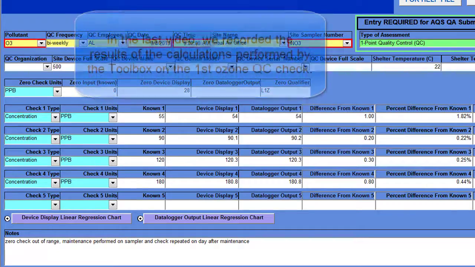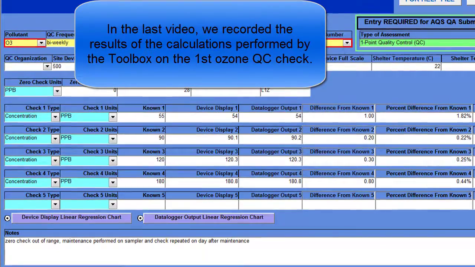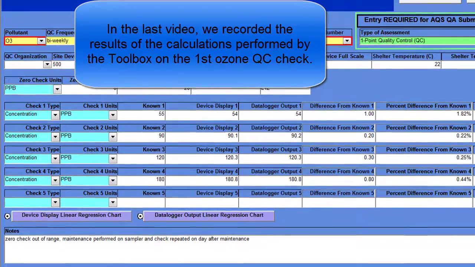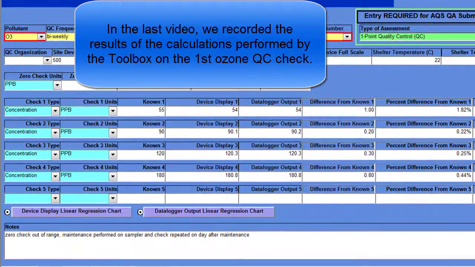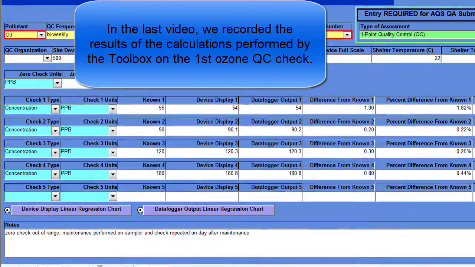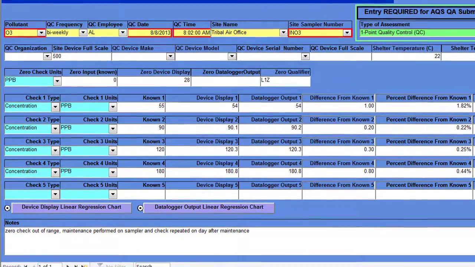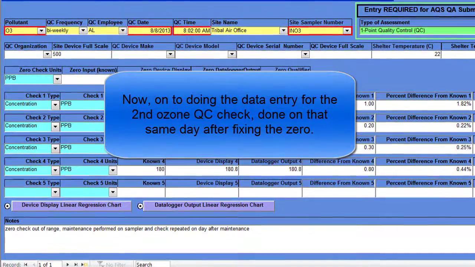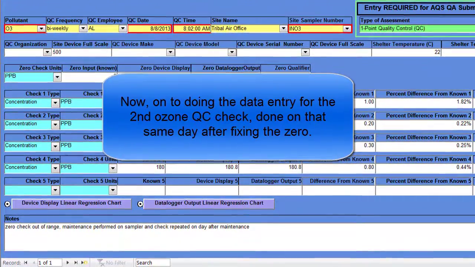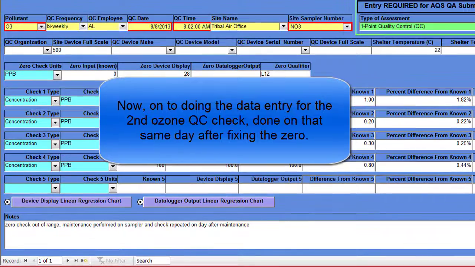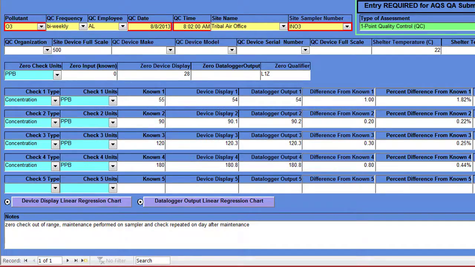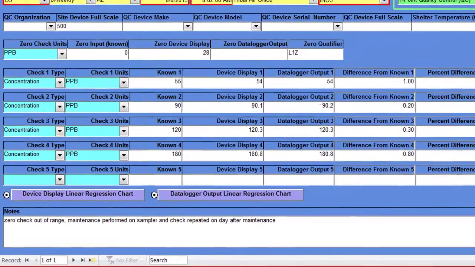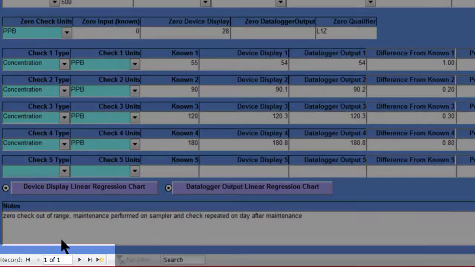I've now completely entered my first Ozone QC check into the toolbox, and I've also completely filled out my data collection sheet based on the toolbox answers that I got. So the next thing I want to do is enter my second Ozone QC check, and that was the Ozone QC check I had to do on the same day because my first Ozone QC check had a failing 0 check. So to enter a new record into the toolbox for your QC data, you use these navigation buttons that